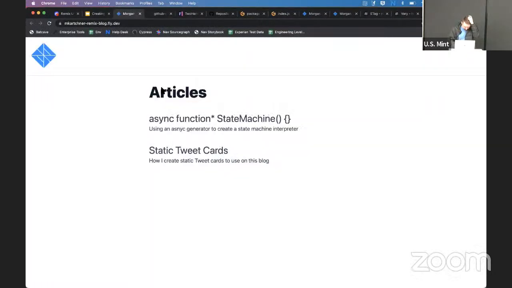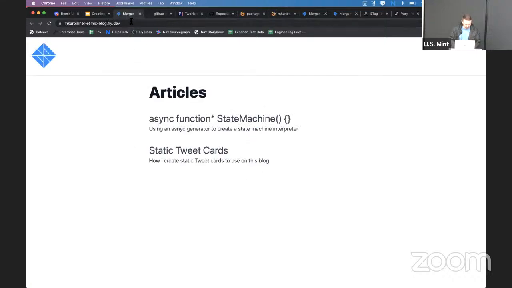So yeah, let's get to the blog. I only started writing blog posts this year, obviously. I have these two, but the blog content isn't really the main point of this talk. I have it set up here on Fly.io, and Fly is nice in that you can deploy to a bunch of different regions, get it as close to your users as possible. And then with the addition of caching, I have a really nice, fast site for users.